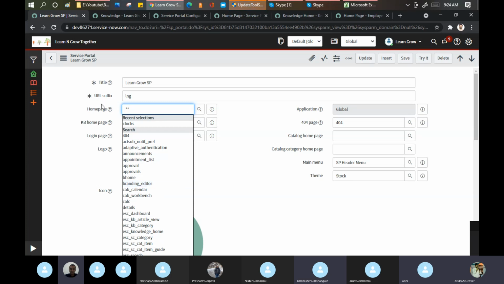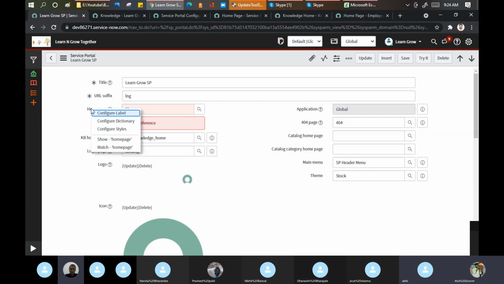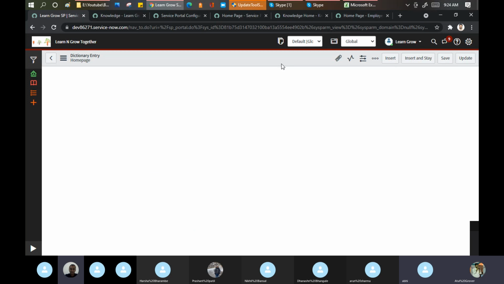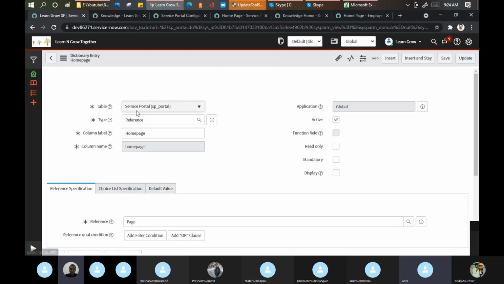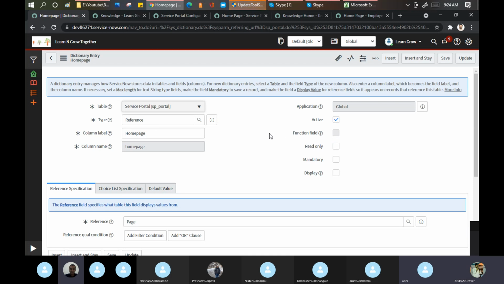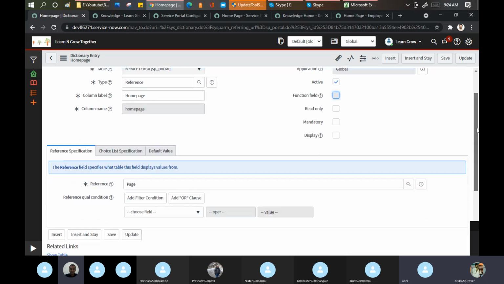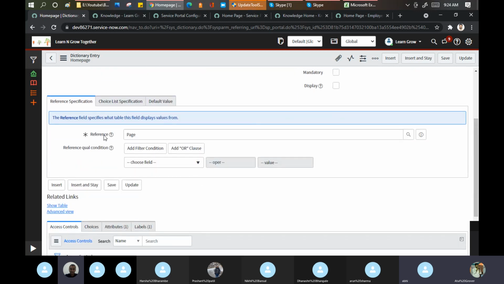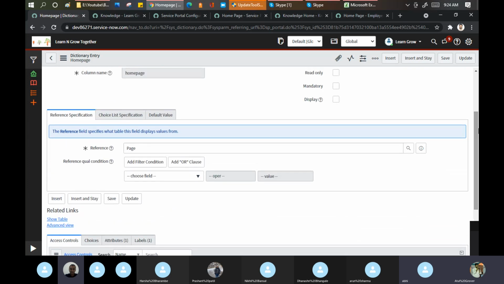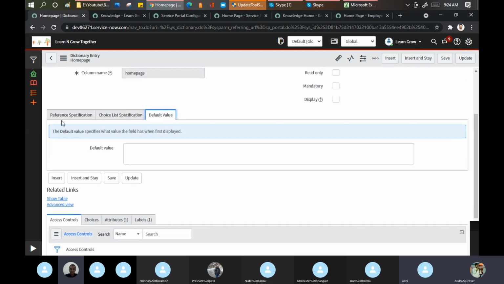So now if you want to see, you can go here, right click, configure dictionary. You can do that. Let me go there. See, this is the home page, and then you can do your R&D here. Let me go down. Reference is again, they're taking a reference, link type is reference from the page, and we can see here if anything is available or not.